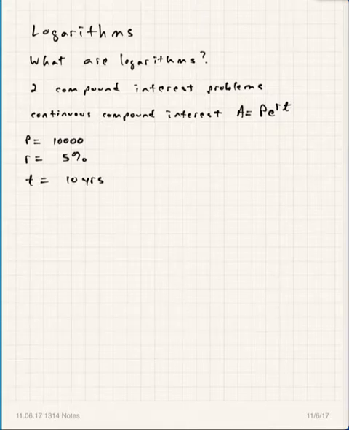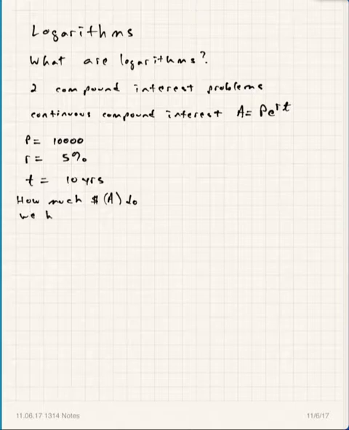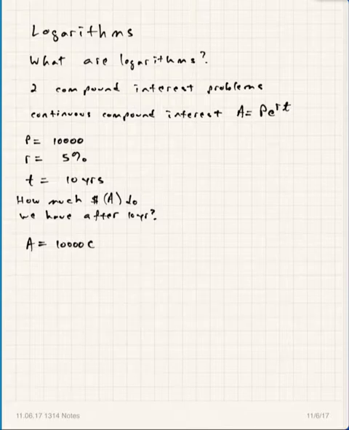So what we're interested in is, how much money do you have after 10 years? All right, that's the question. How much money, and that would be the A in our problem, or in the formula. How much money do we have after 10 years? That's really the question. All right, so this is a matter of substituting into the formula, and then it's a calculator question at the end. You'd have A equals 10,000 times e raised to the rt power, so r would be 0.05 and t would be 10.